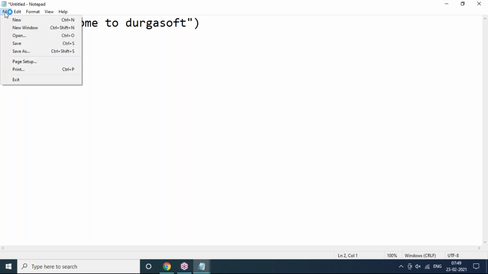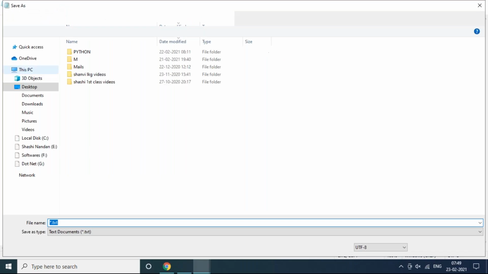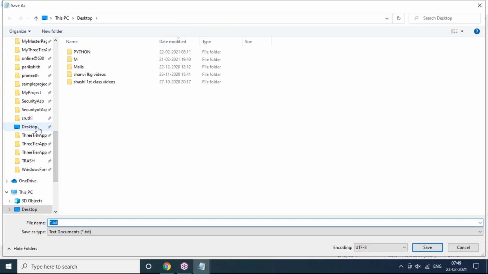Let me save this: File menu and click on Save. And how to save this with the .py extension. I'm saving with the .py extension. Let me choose the desktop for an easy way to access. I'm selecting desktop, and after that you can give the file name. File name is any name you can give. For example, sample.py I'm giving. Py is an extension of Python file. You must and should give the .py extension. And look here, sample.py.